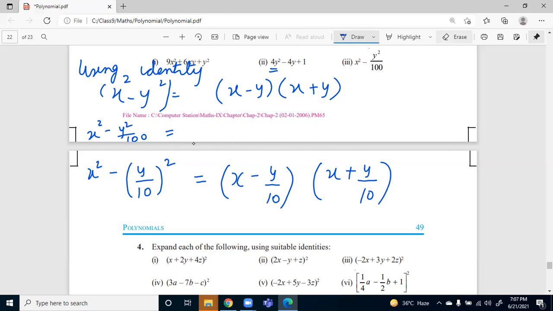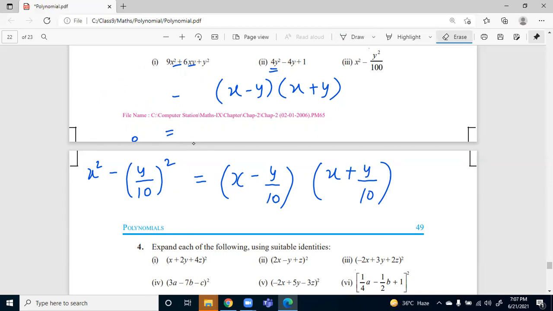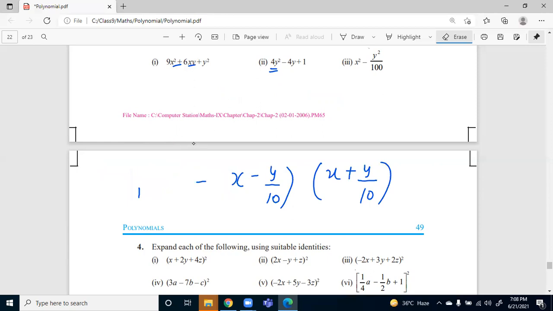Okay, so these are the 4 identities we have done in both ways. You can see these first 3 parts. Now the new identities which we will be learning in class 9, I will be introducing in today's class. There are new identities which we will be requiring. First I will explain one identity, then we will do its application, then we'll learn more identities.